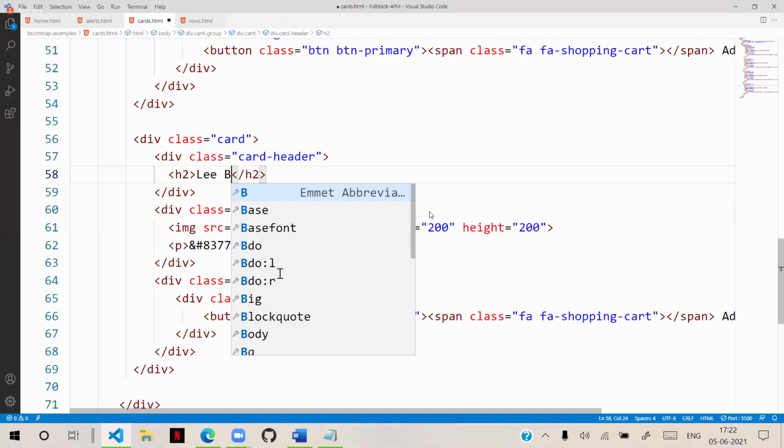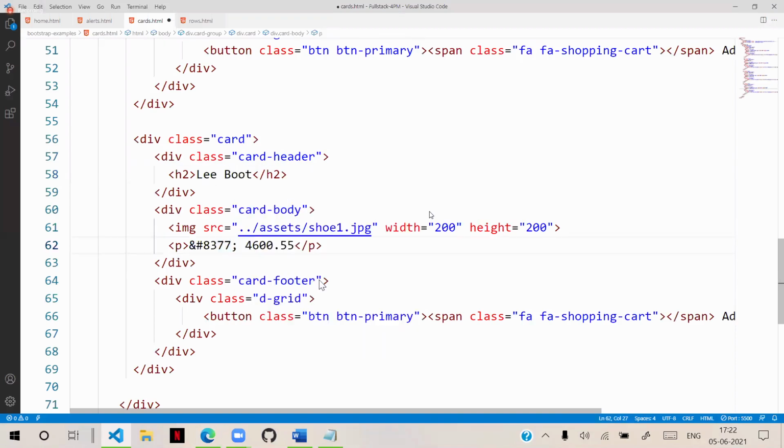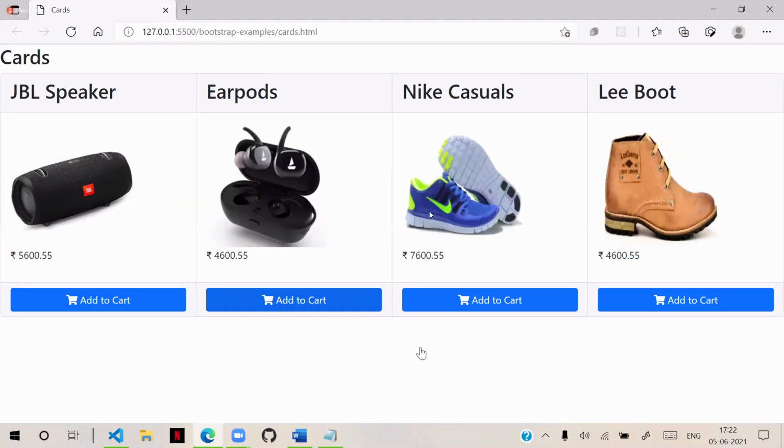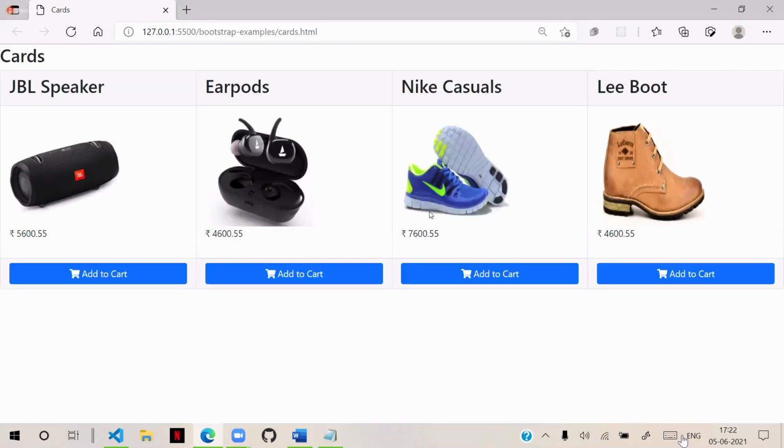And on the grid style, you can put grid gap. So it depends on your requirement. Flexible, right? Why not? You can keep anything.